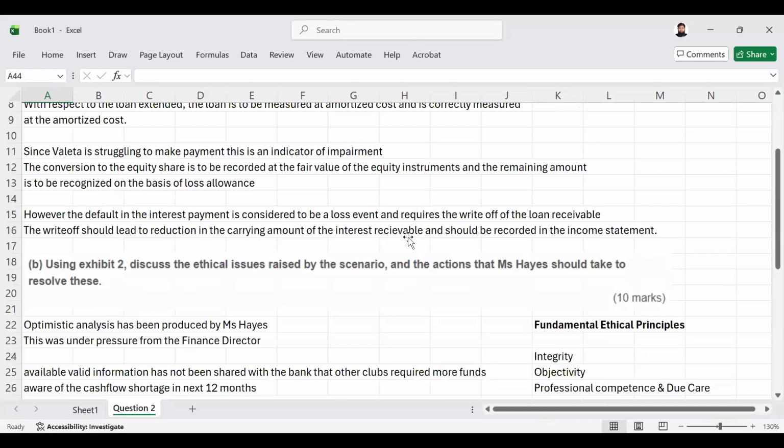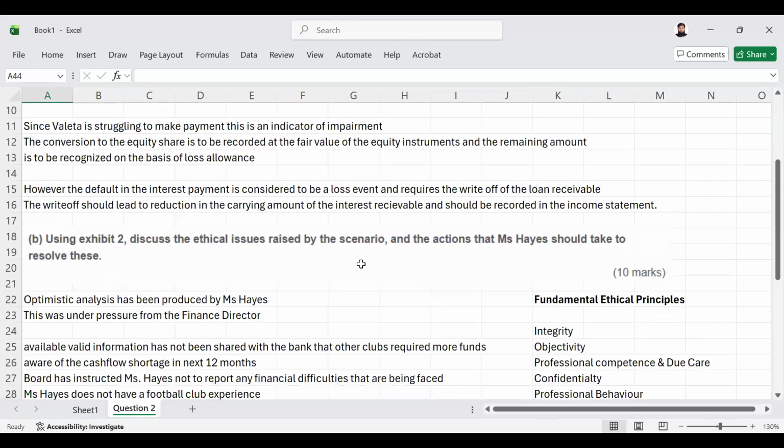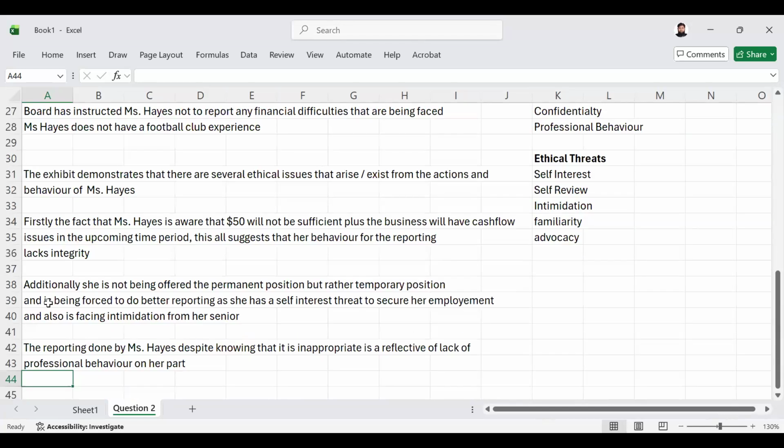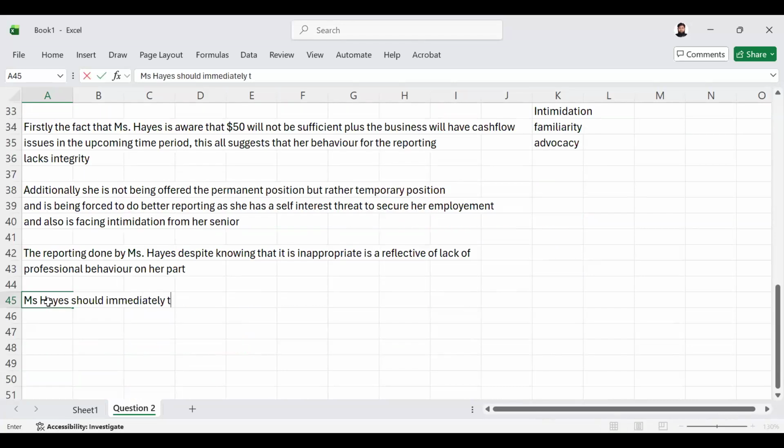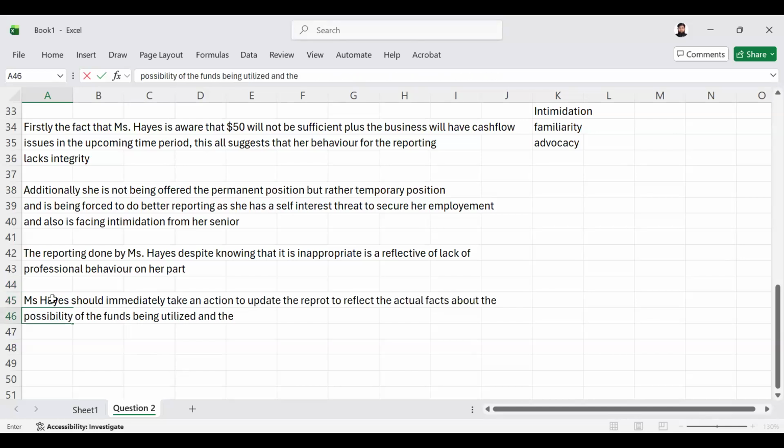Now, what else is the requirement? Miss Hayes should immediately take an action to update the report to reflect the funds being utilized and related to the